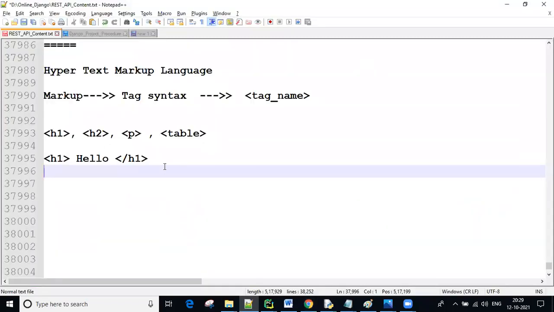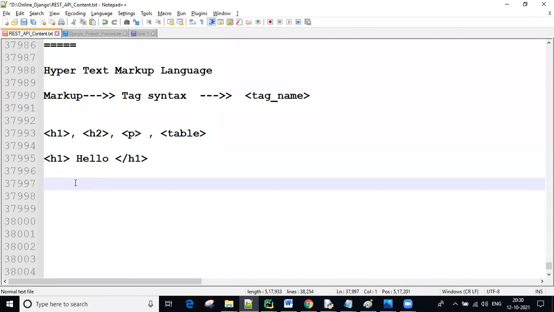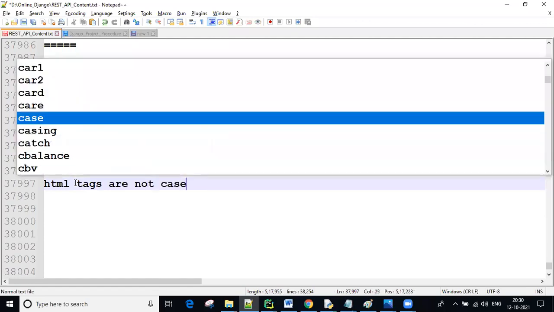Okay, so HTML tags, guys, HTML tags are not case sensitive. So case sensitive means,